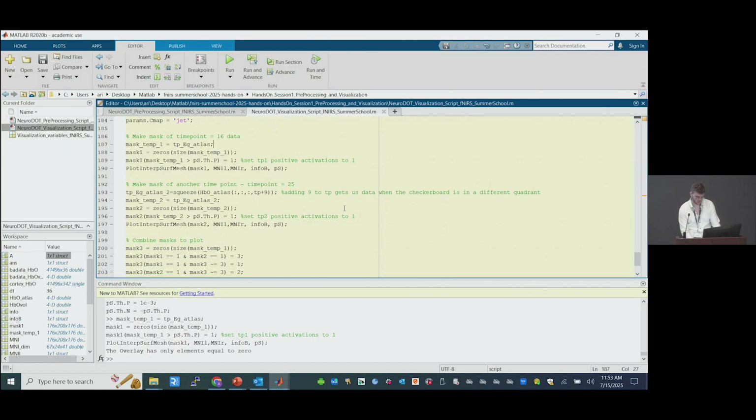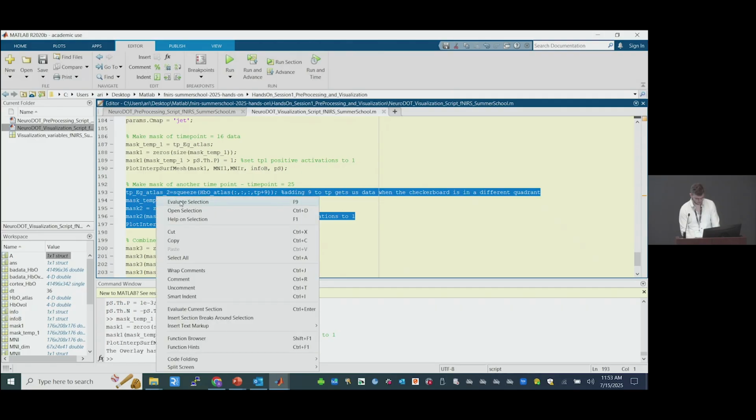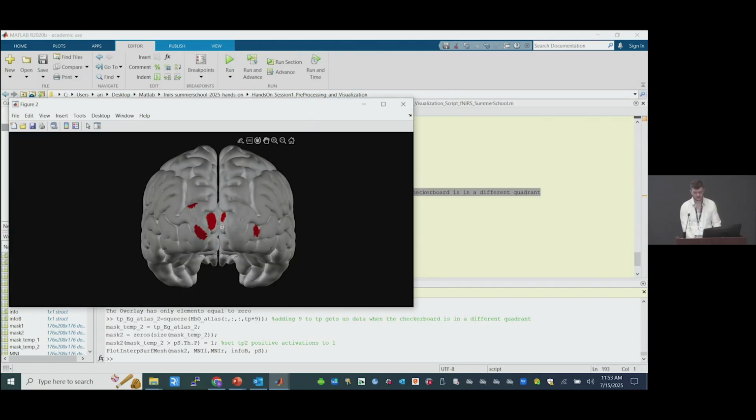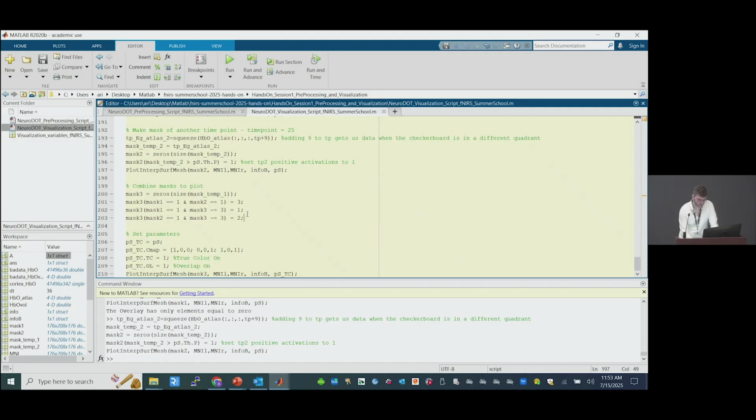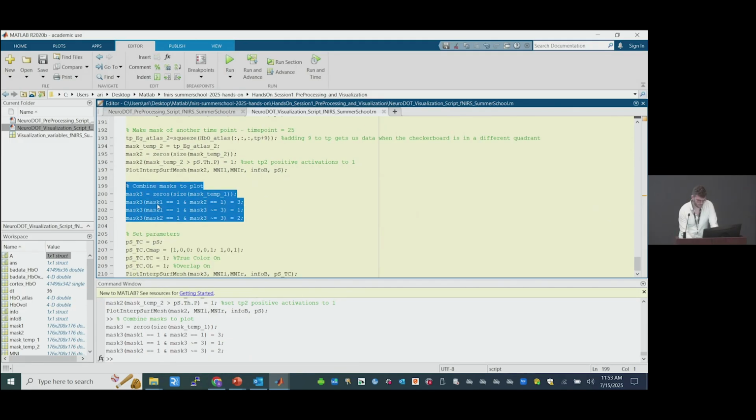And so I've chosen another time point right here. I've just taken our time point and added 9 seconds to it. What this gets us is the data when the checkerboard is in a different quadrant. So if I make a mask of that, since our data is in a different quadrant, we don't see it where we would expect to. This is block average data again, so since it's averaged in a different spot, we wouldn't expect it to show up. And what we can do on top of that is combine our masks all together and then visualize